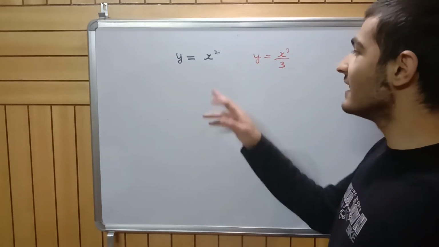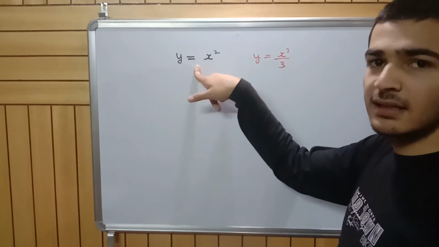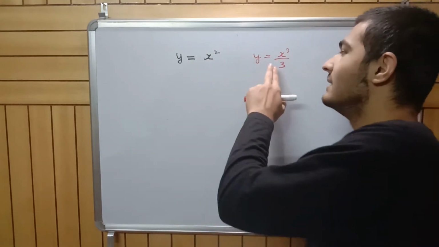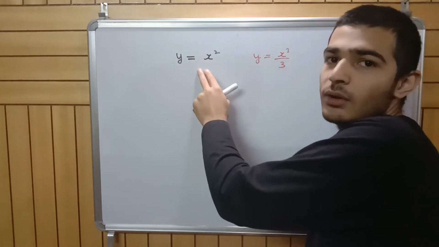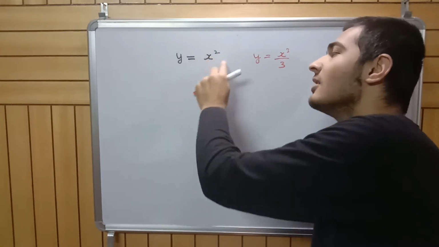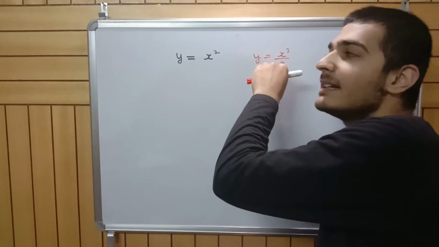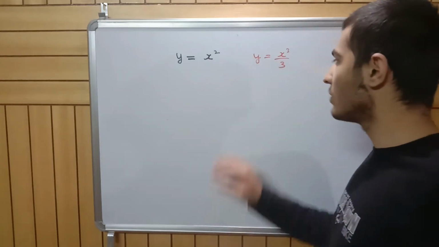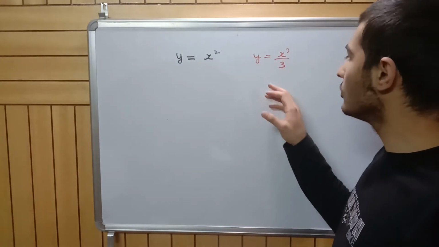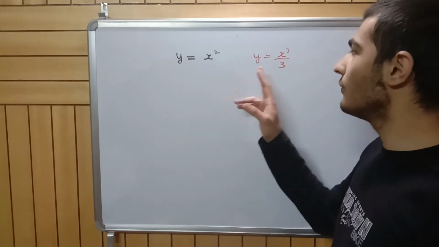And so what was the relation between these two? When we differentiated this, we got this, which means this is the derivative of this, which also means this is the antiderivative of this. So whenever we have to find the area under the curve of some function, we need to know the antiderivative of that function. Here in this case the antiderivative is x cubed by 3. So we know this, and this function is also known as the integral of this.